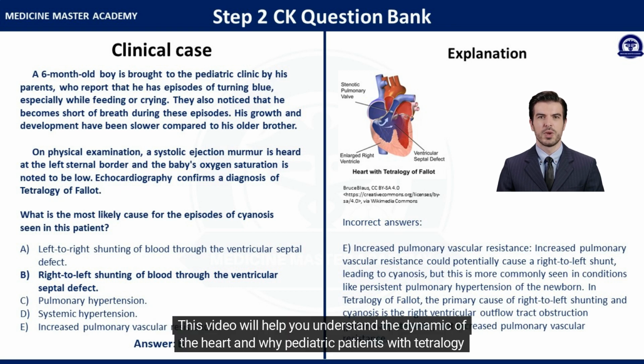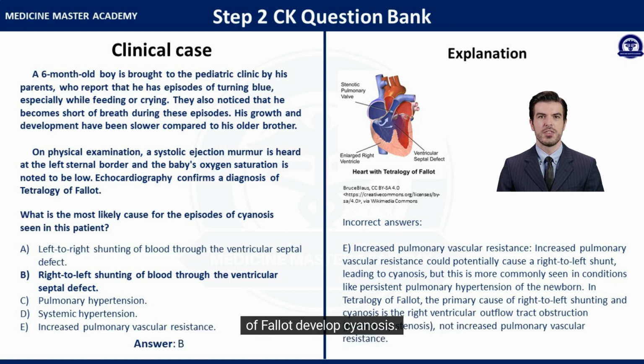This video will help you understand the dynamic of the heart and why pediatric patients with tetralogy of Fallot develop